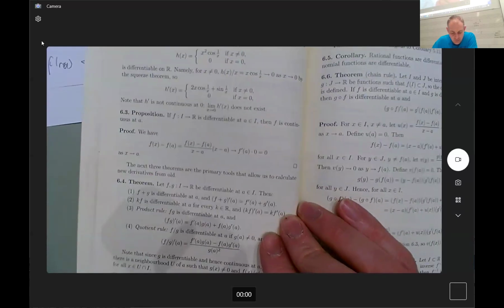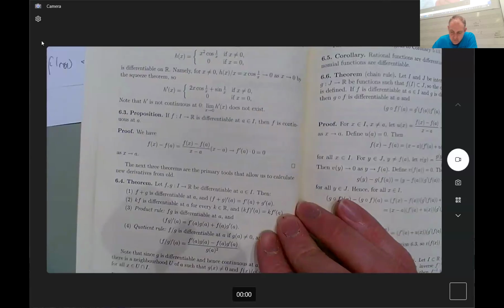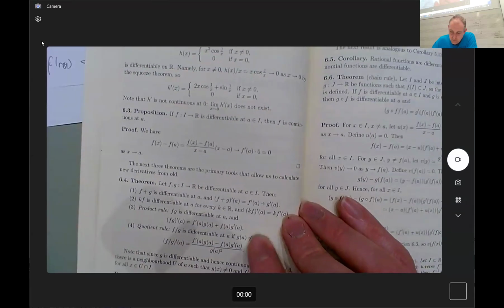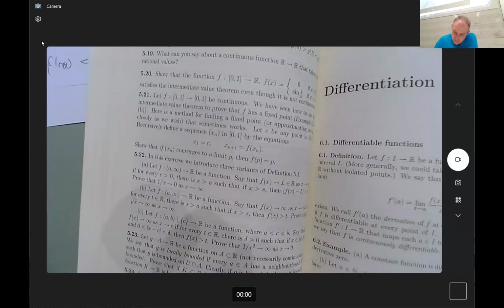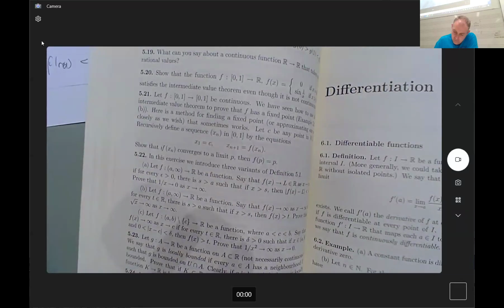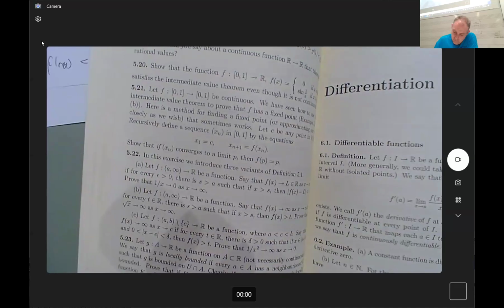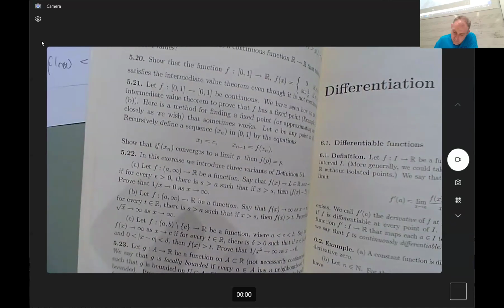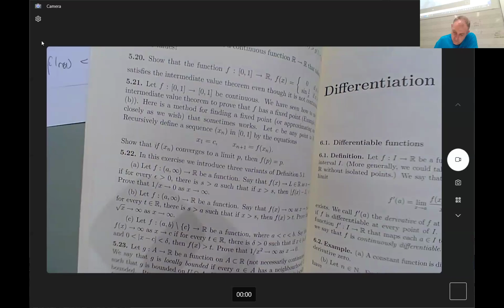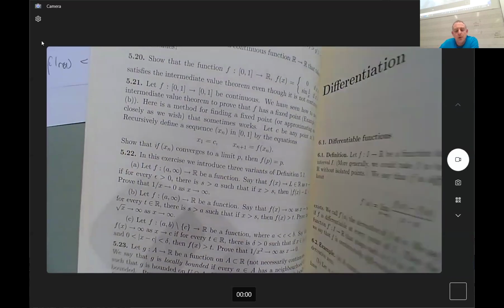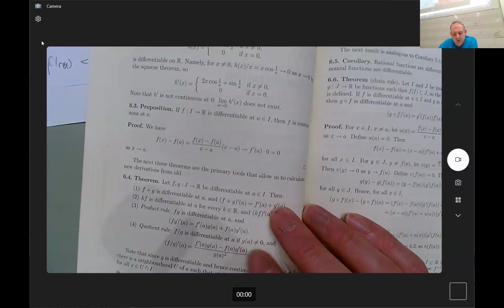Differentiable at a point. Hmm. How do you arrange for the derivative to be